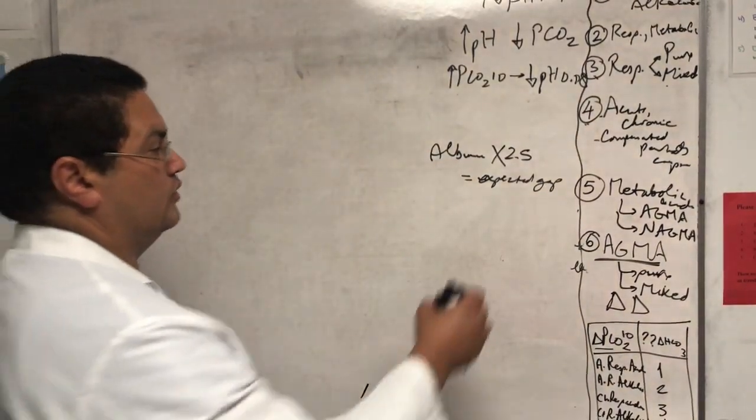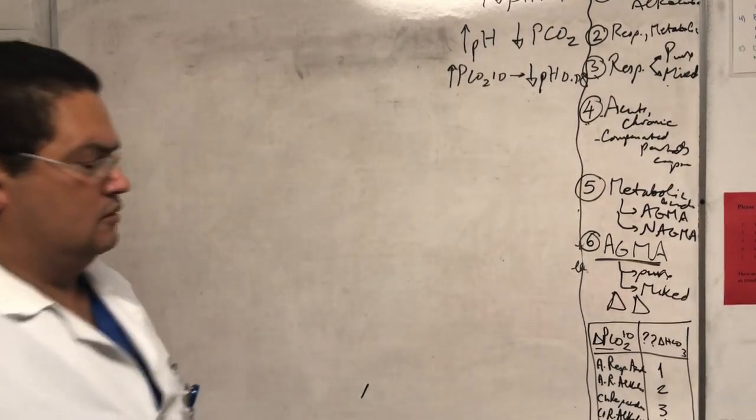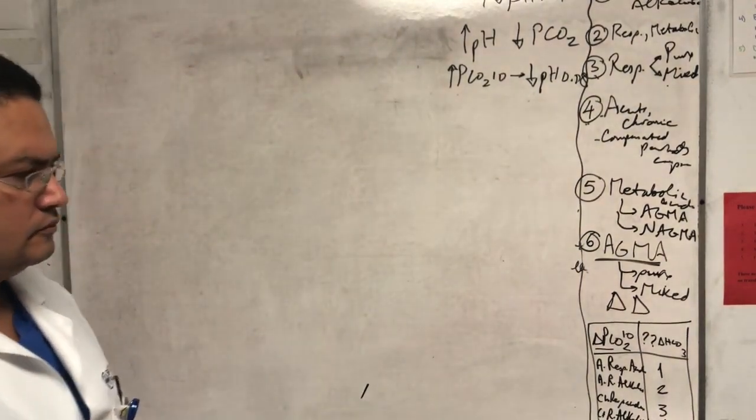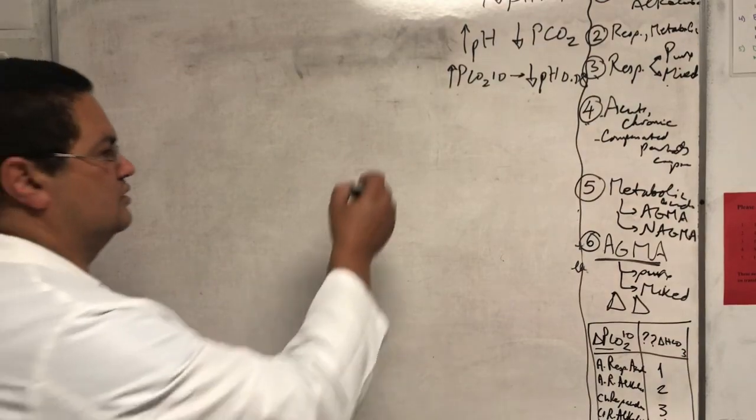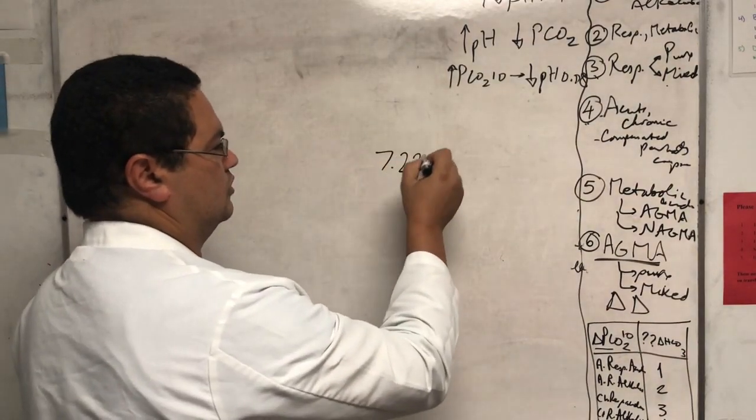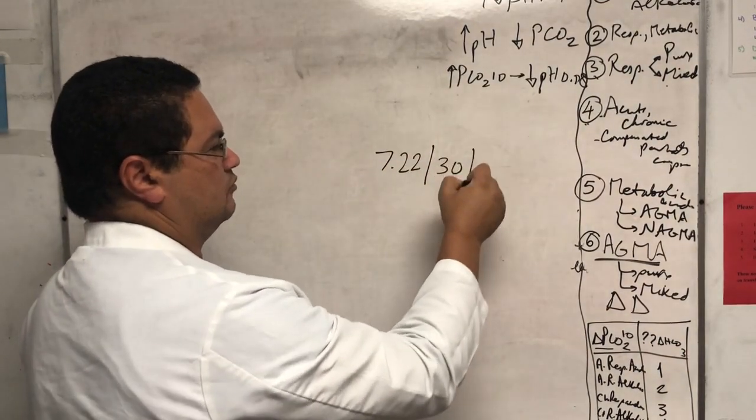So basically, we have a patient with a pH of 7.22, PCO2 of 30, bicarb of